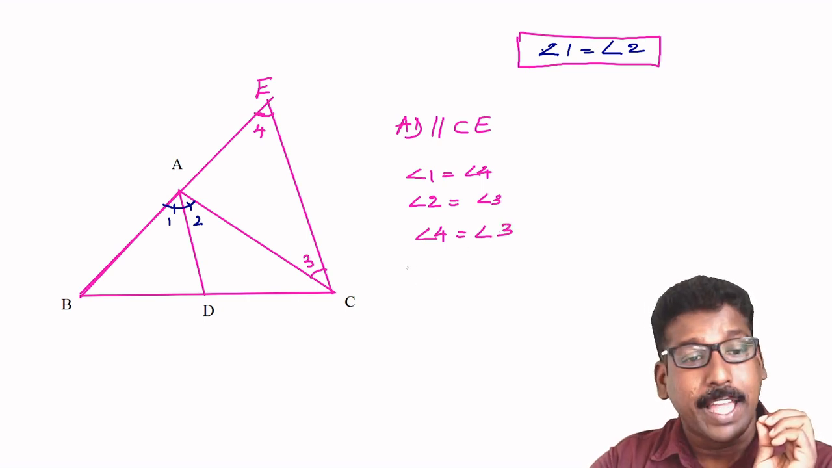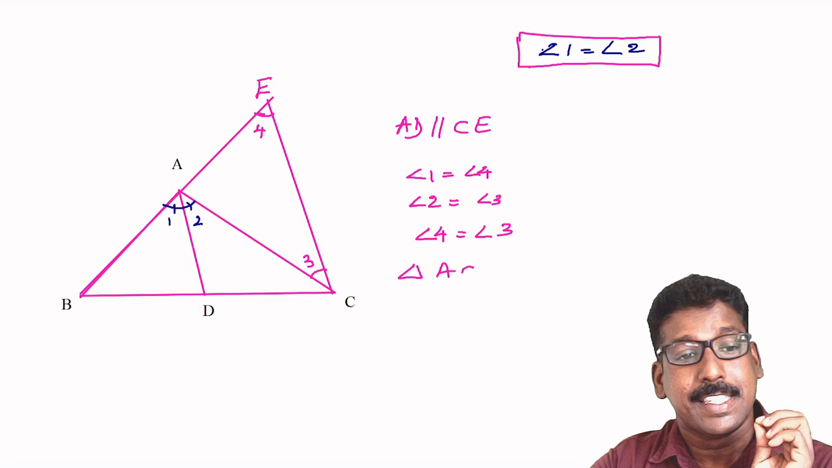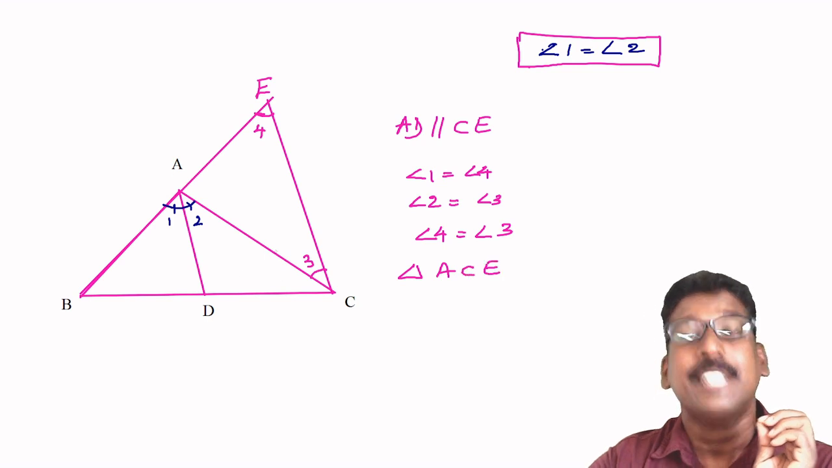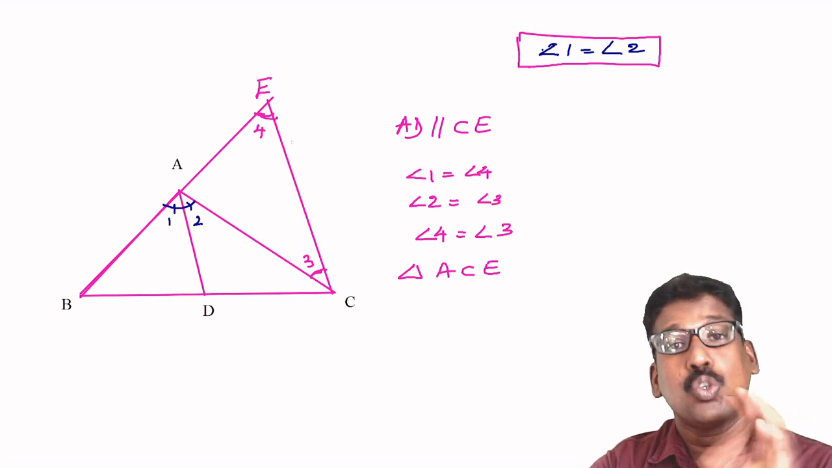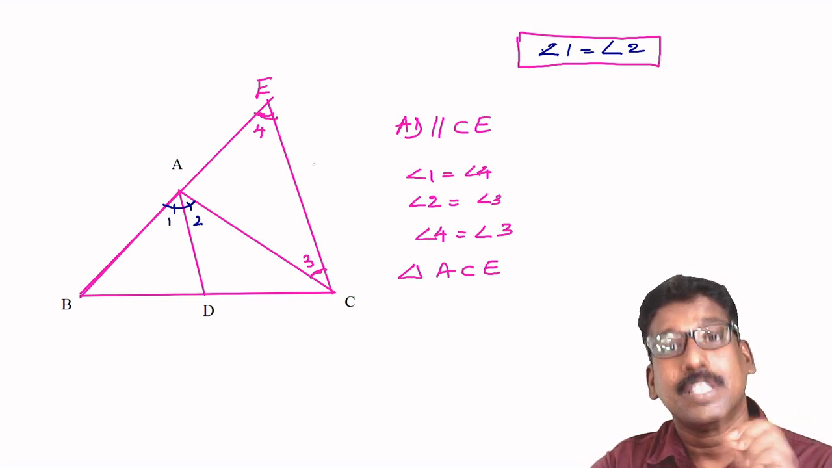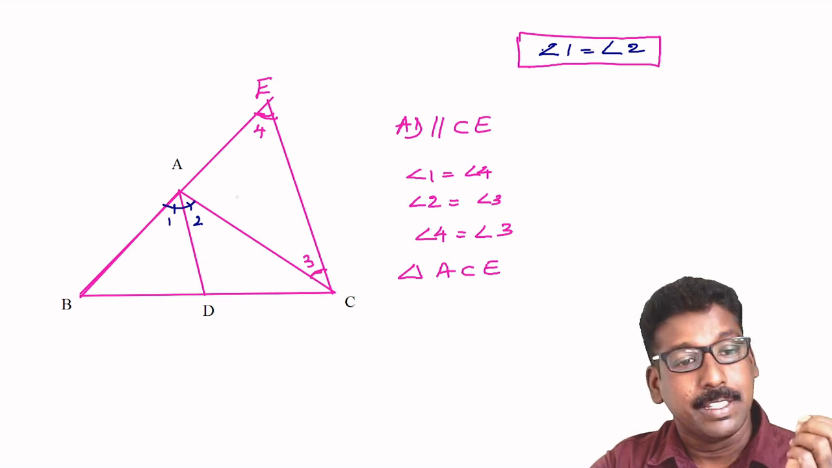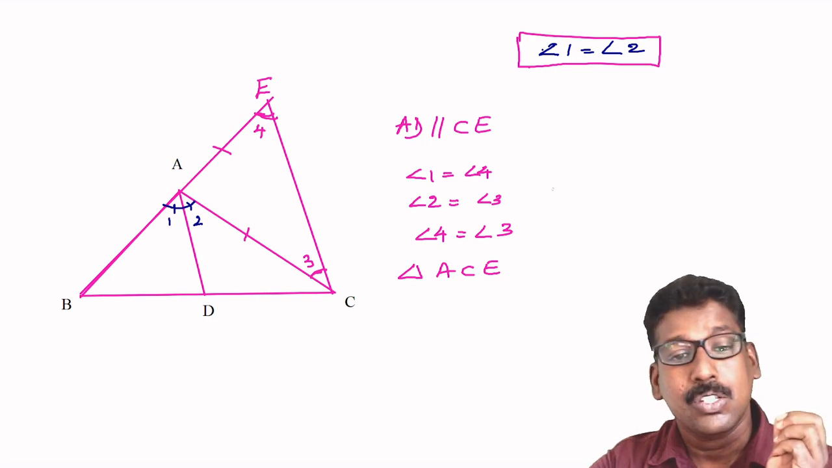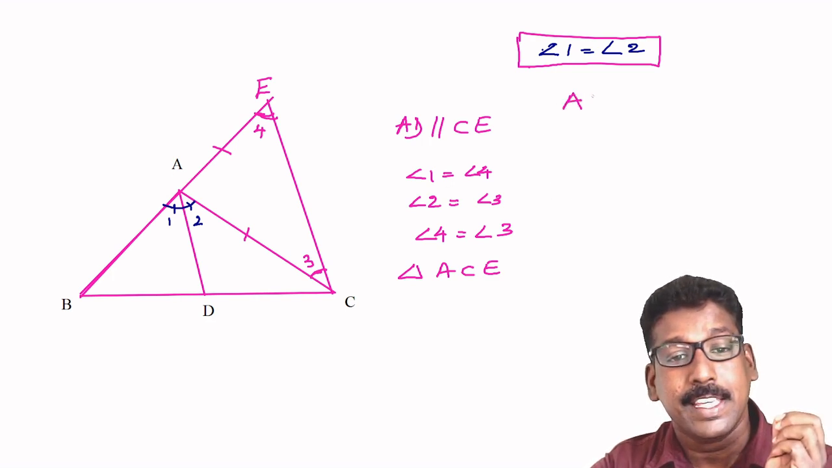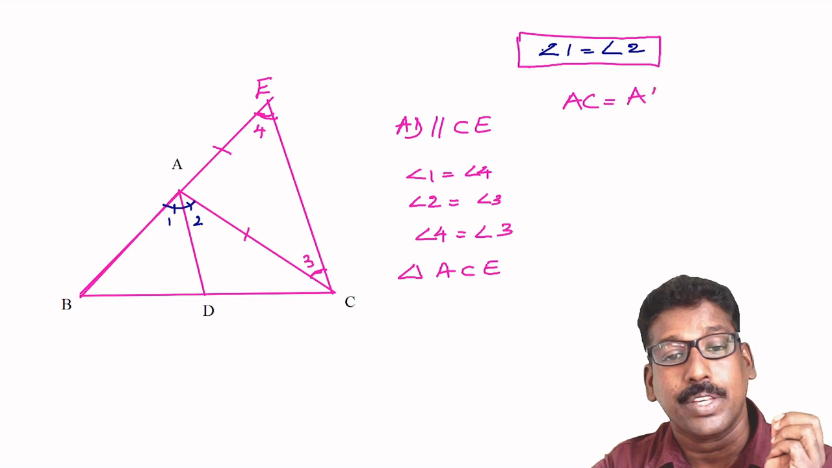Now look at triangle ACE. In triangle ACE, angle 3 is equal to angle 4. Two angles are equal. Then what is the property? The sides opposite to those angles, that is AC and AE, are equal. So you can write AC is equal to A